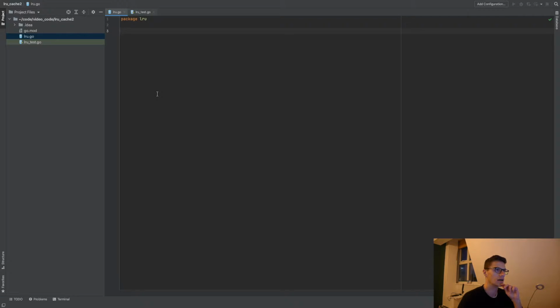So I'll explain the LRU cache quickly. The LRU cache is a least recently used cache. So it operates mostly like a normal cache, which is that you set a value and then you can retrieve that value by its key later. So it has a set and a get method like, you know, almost every other cache. But the least recently used part means that